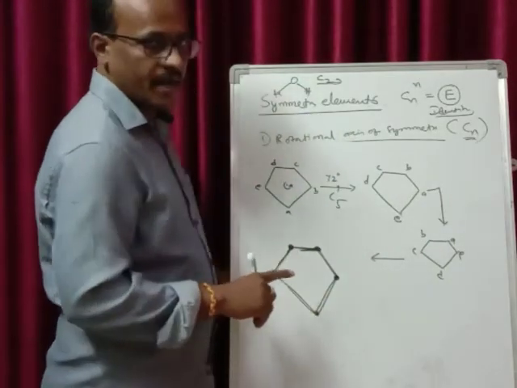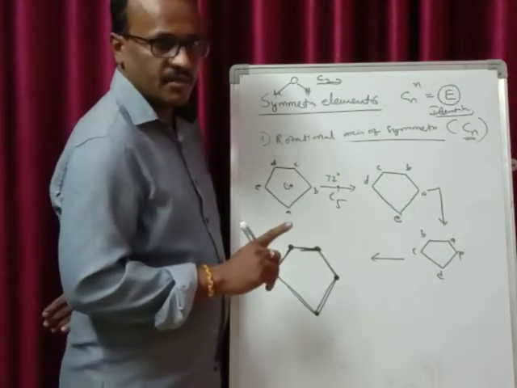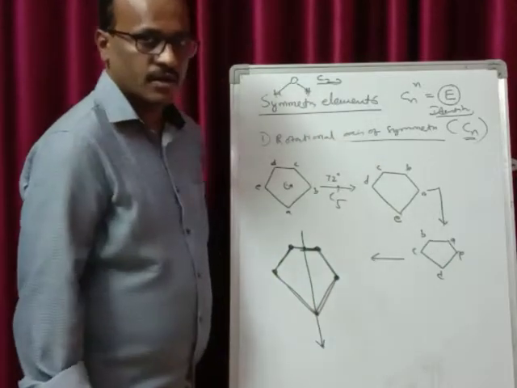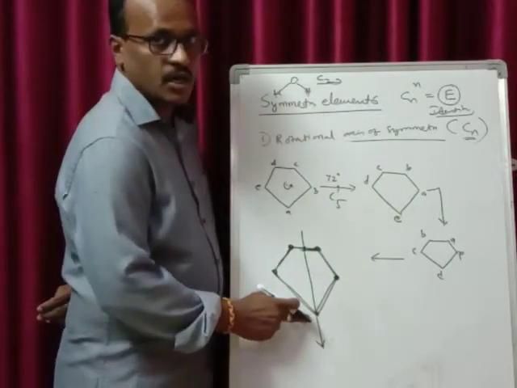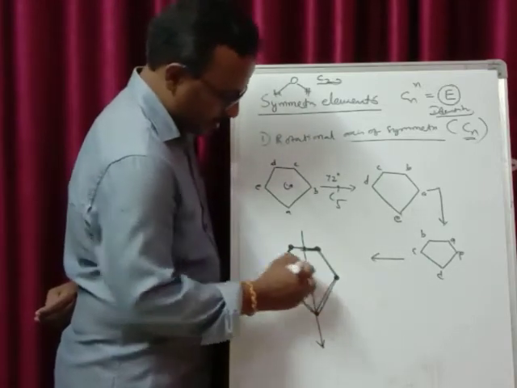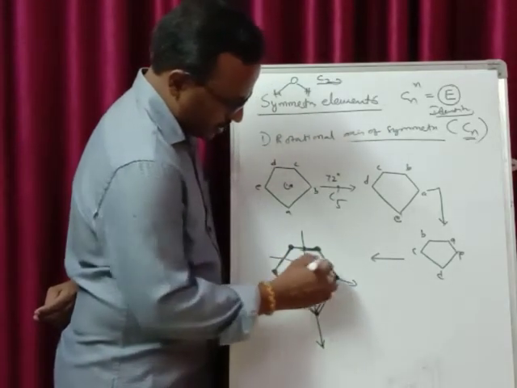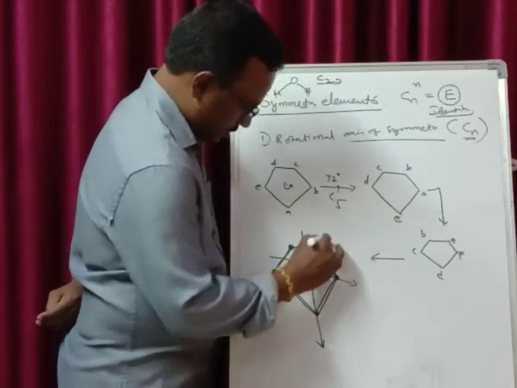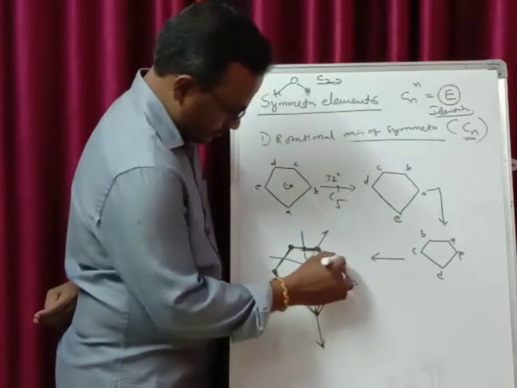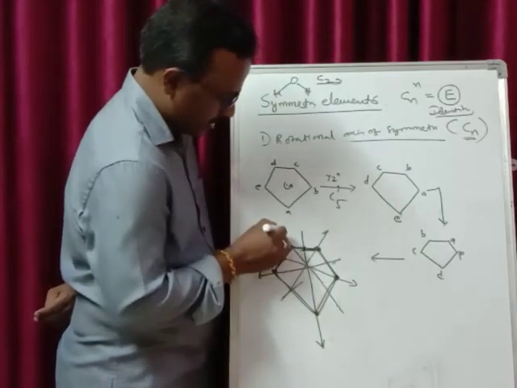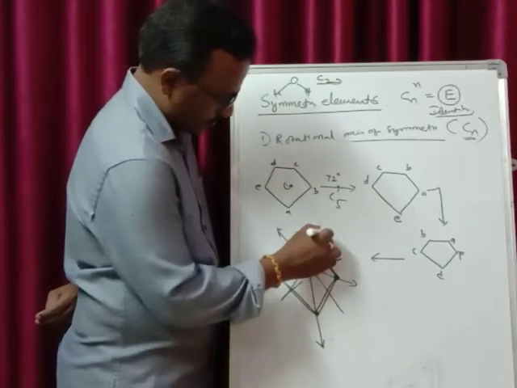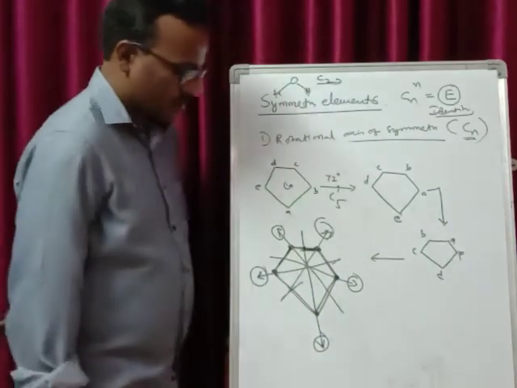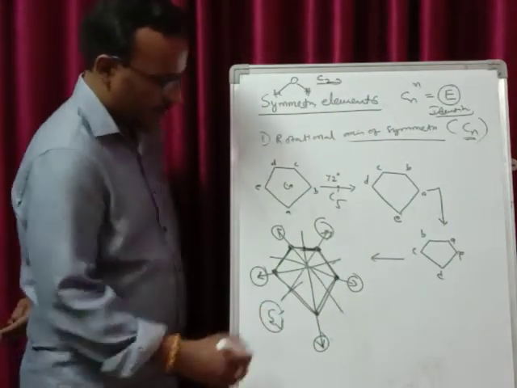So in case of cyclopentane, C2 symmetry elements are present and they are passing from the center of the edge and the opposite corner. Like this edge and this corner, this edge and this corner, this edge and the other corner, this edge and this corner, edge and the corner. So 1, 2, 3, 4, 5. So 5 C2 symmetries will be there in case of your cyclopentane.